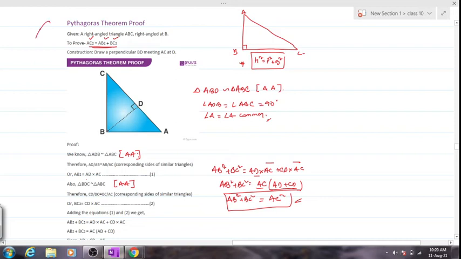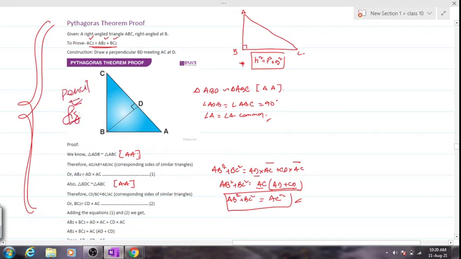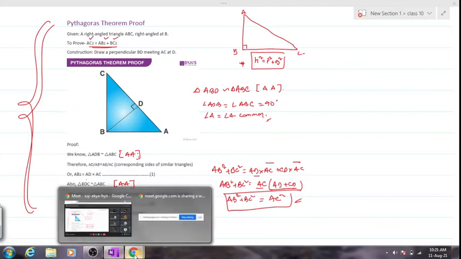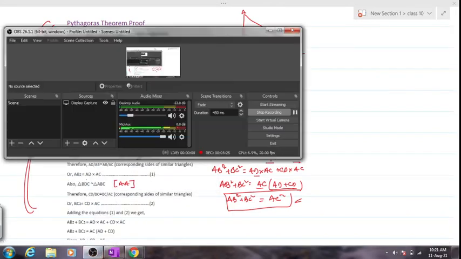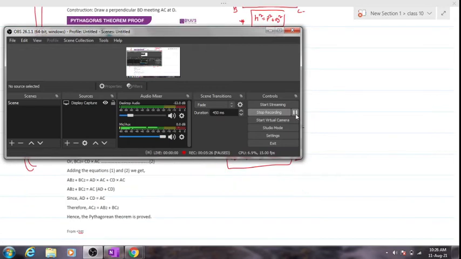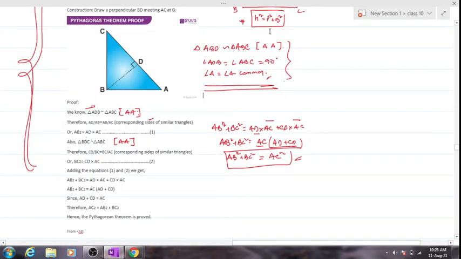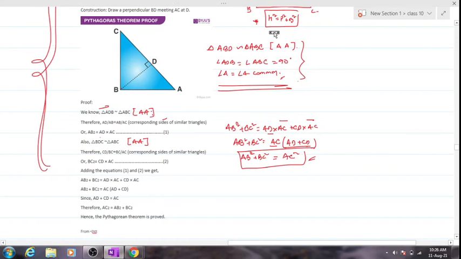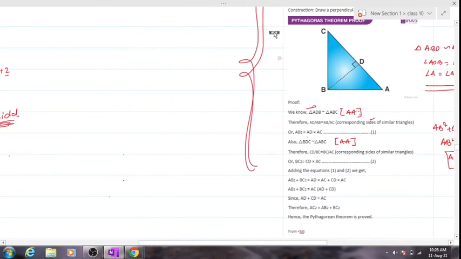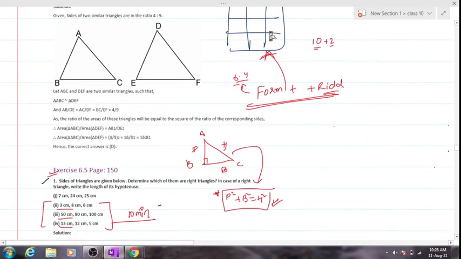Now I hope this proof is clear to everyone. I'll pause the video for you to copy it down exactly. Figures should be drawn with help of pencil. Please proceed with copying it. I am pausing the video. Started. Move on. So I believe students have completed copying the Pythagoras theorem proof, as well as they have understood it properly, that what the proof actually says.